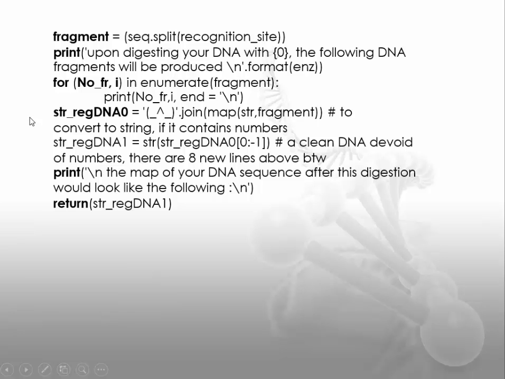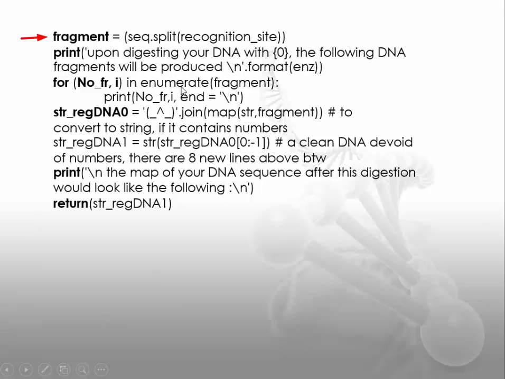Now we need to do something to join the fragments and show it as a map. In order to do that, we need to have a variable, we need to use the map function and string function in order to make the fragment a string. How we do that, and why we do that, if you ask yourself. So the fragments that we've created earlier